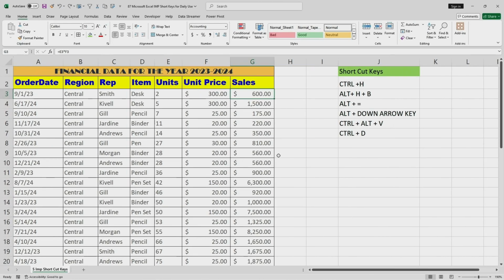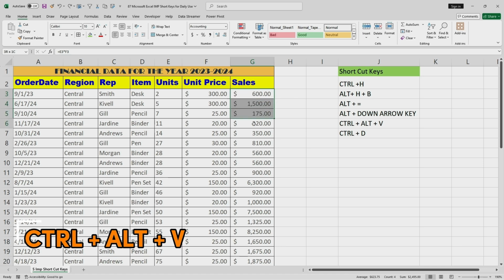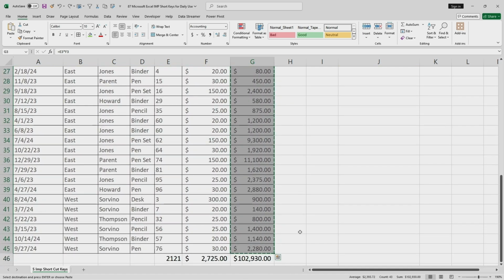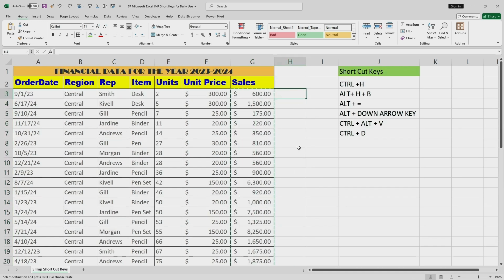Now let us move on to the next shortcut key, which is the paste special shortcut key. Using Ctrl, Alt and V, we will be able to invoke the paste special dialog box. If you see this cell in G3, there are some numbers which have formulas, and for each cell in the G column there is a formula which has been used. If I copy the cells like this and use Ctrl V to paste,